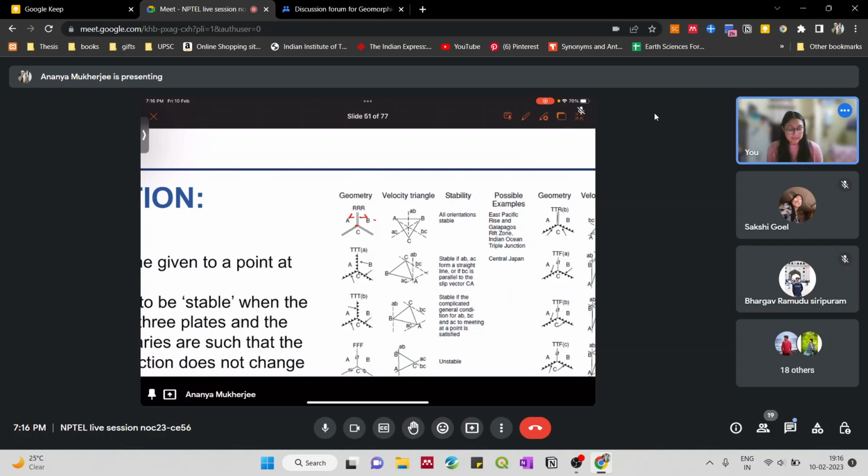So all these three are ridges, okay, and all of these are moving away from each other. Even after a certain time, this geometry or this orientation is going to remain the same. New crustal material is going to keep on building up at this triple junction. So this is a stable triple junction,